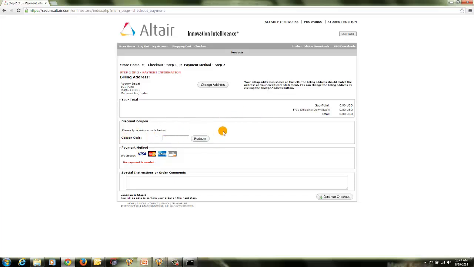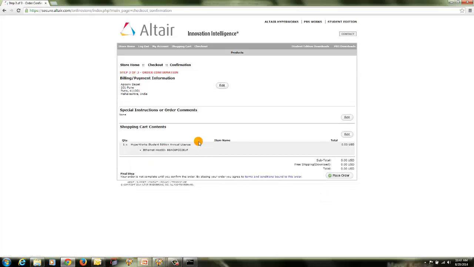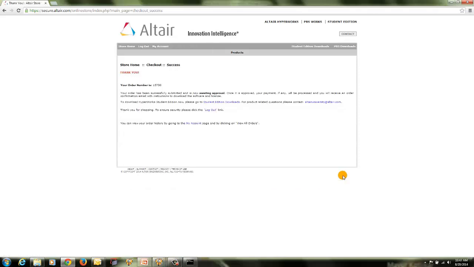If you got a coupon code from our side, you can enter the coupon code here. Otherwise, you can directly click continue checkout. You don't have to pay anything to get this license. It's free for students. And once you enter step 3, just click on place order. So in this way, you have successfully applied for the license of HyperWorks Student Edition, and your order number is